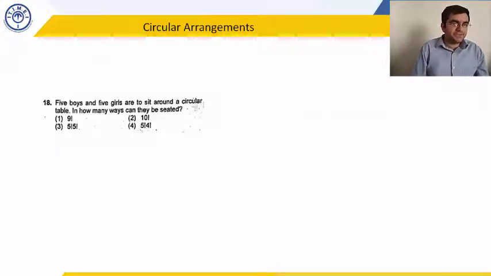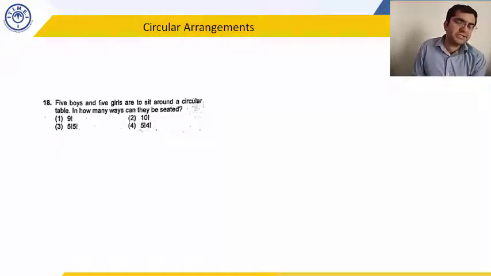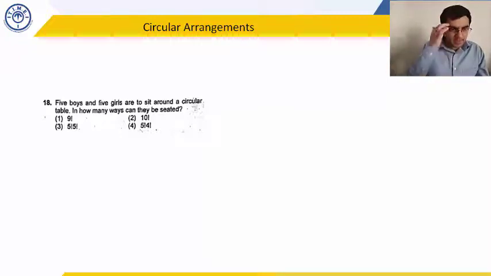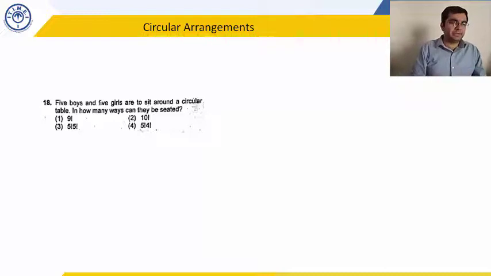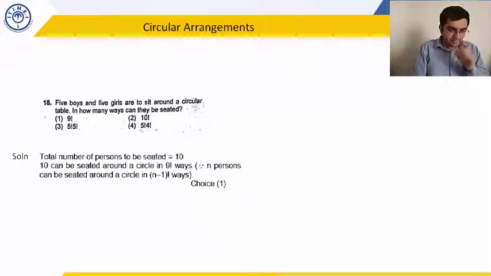Okay, let's proceed. We come to circular arrangements now, and through 2 questions, I'm going to tell you the concept of how it works. So basically what you need to do is that in circular arrangement, we need to fix one person. So if I have 5 boys and 5 girls around a circular table, I fix one of them, okay, this one person is fixed. And about that one person, I arrange the remaining people. So you have 9 people left, so arrange them in 9 factorial ways. So the answer is 9 factorial.